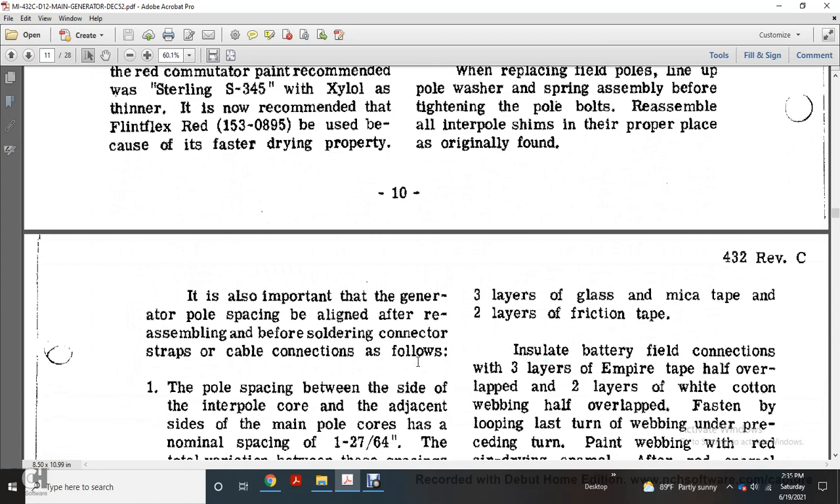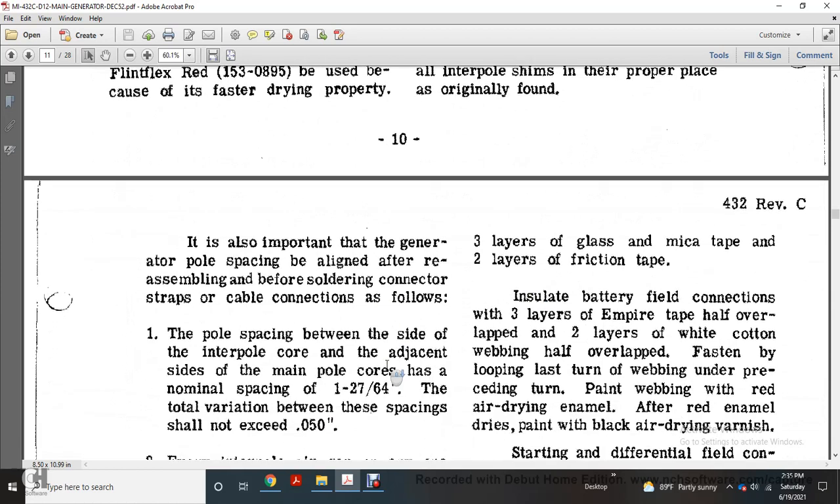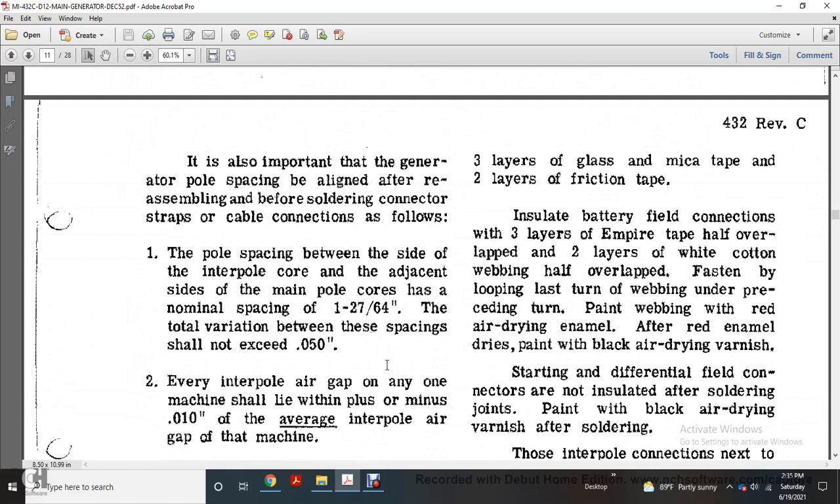It is also important to keep the generator pole space in line when reassembling, with the four soldering connectors for the cable connections as follows. The pole space between the side of the inner pole core and the adjacent side of the main pole core is shown with a nominal space of 27/64ths of an inch. The total variation between these spacings should not exceed